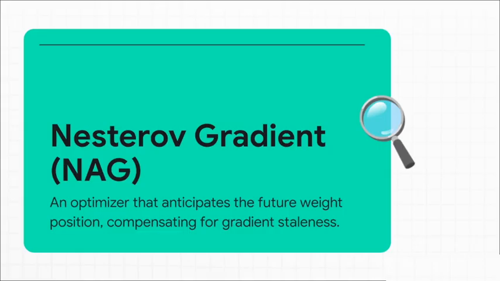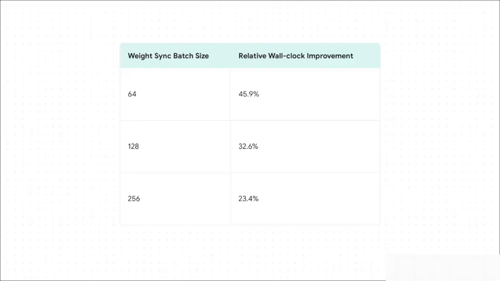And here is our second weapon. It's a really clever use of an optimizer called Nesterov Accelerated Gradient, or NAG. You can think of it like this. Instead of just reacting to the last update it received, NAG looks at the current trajectory of the model's learning and anticipates where the model weights are probably heading next. It essentially looks ahead, compensating for the fact that some of the information might be stale, and that keeps the entire training process stable and on the right path. And the results here are super clear. Making SWARM asynchronous and using NAG provides a huge improvement in training time. We're talking up to 45% faster than the original synchronous version. So now the system is both resilient and fast.